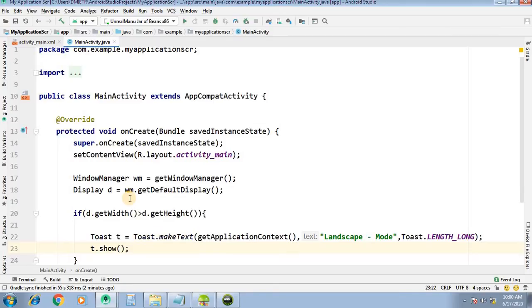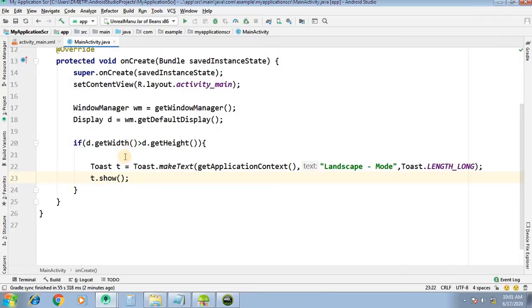So this is what, when the width of the display is greater than height, then we can say our mobile is in landscape mode. Okay, so now let us run this configuration.